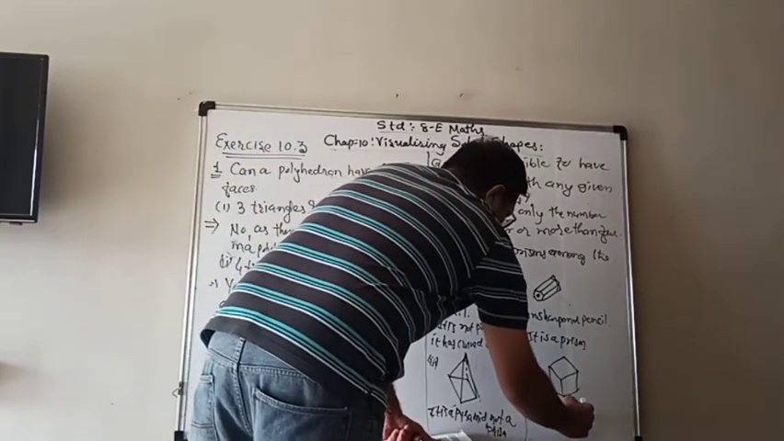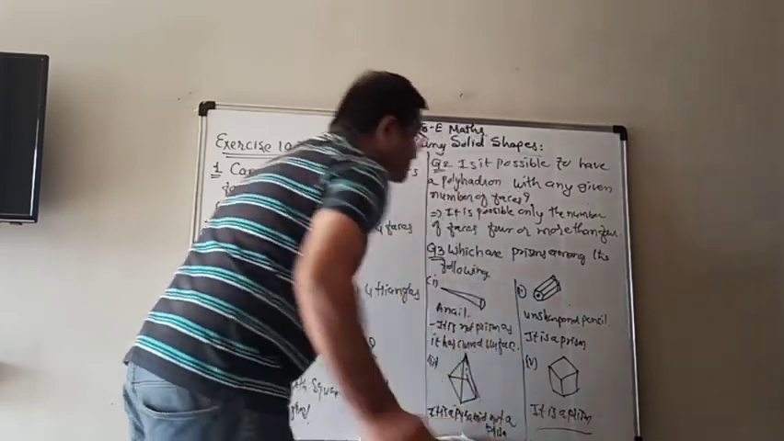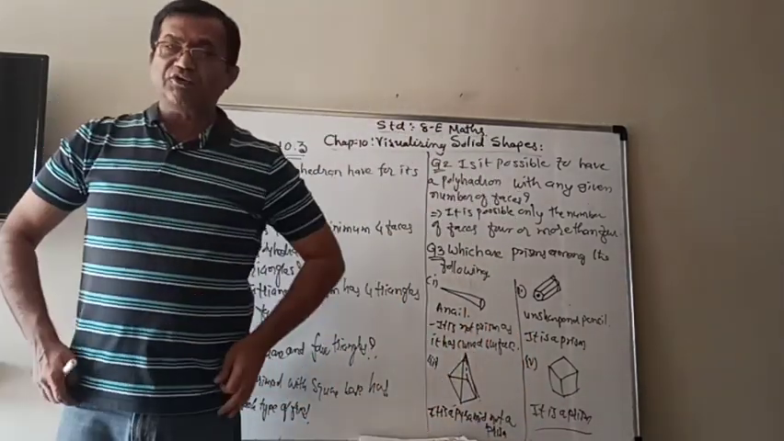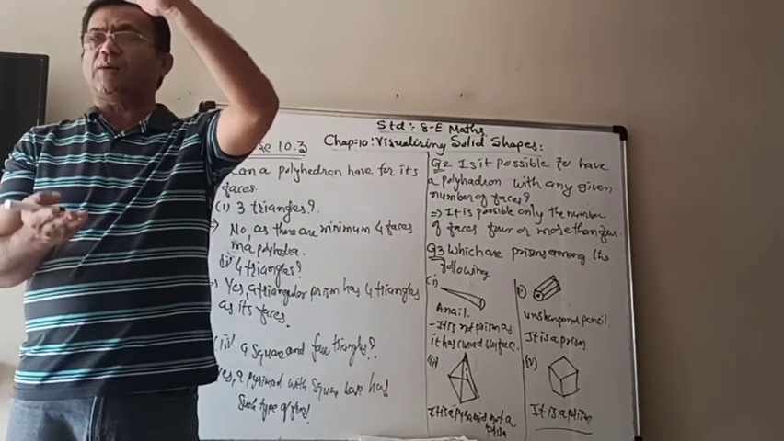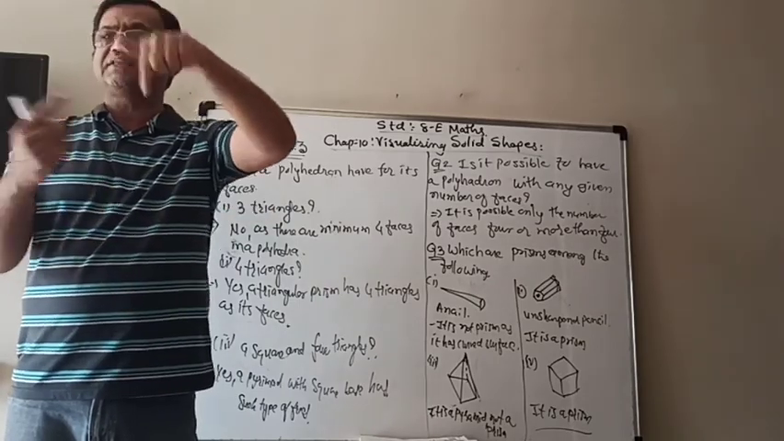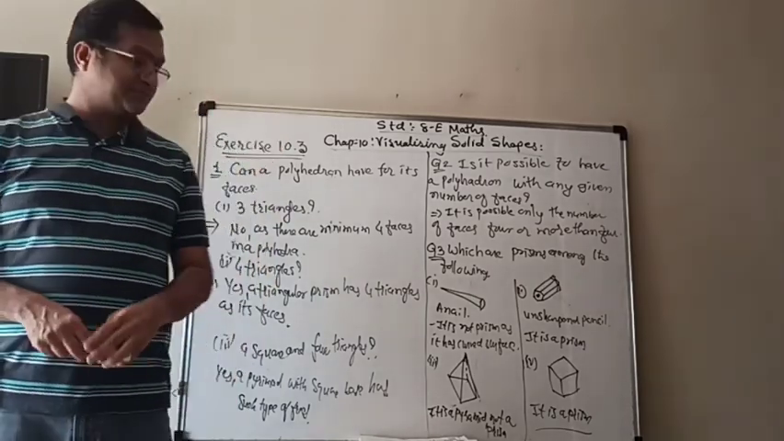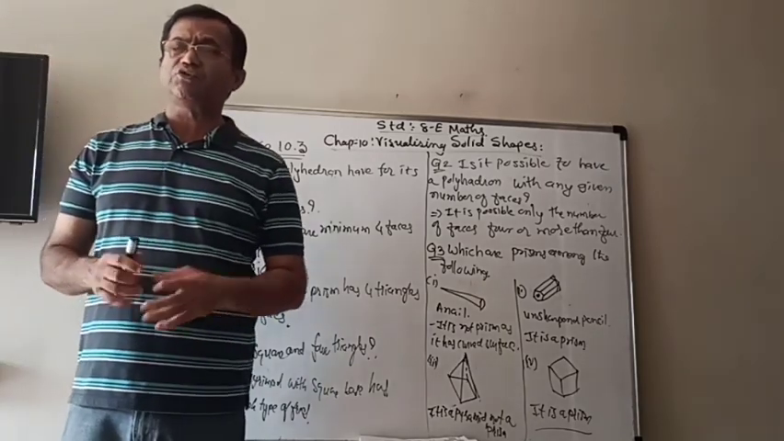So for a prism, what you have to think is that top and base should be the same, and the others are parallelograms. So here we are going to finish the session